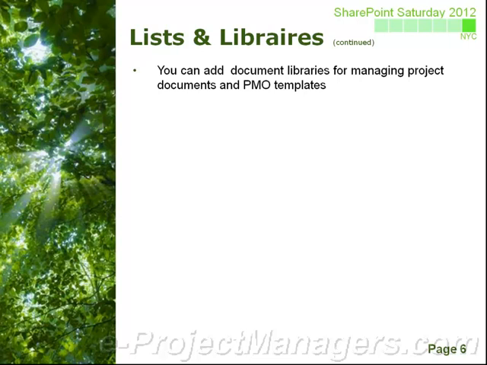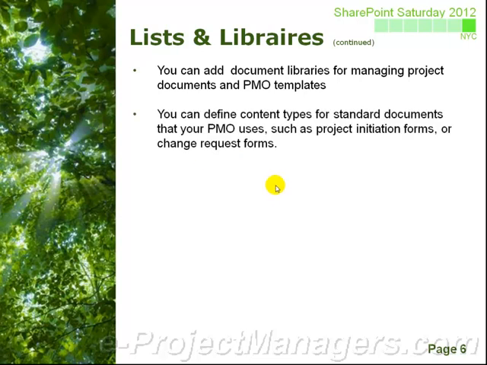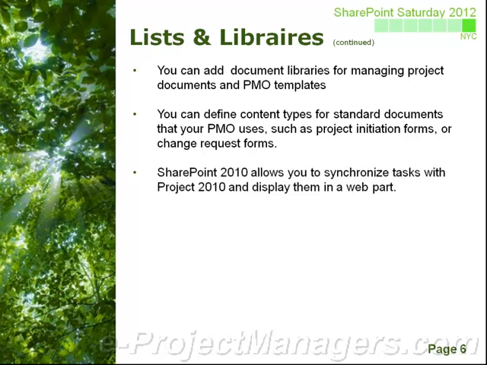You can create content types that are a part of the lists and libraries that are easily accessed. The content types for standard documents that a PMO user might use are, for example, a change request form or a status report. When you define those content types and make them easily accessible, it just helps to automate the process and creates reuse and ease of accessibility in your